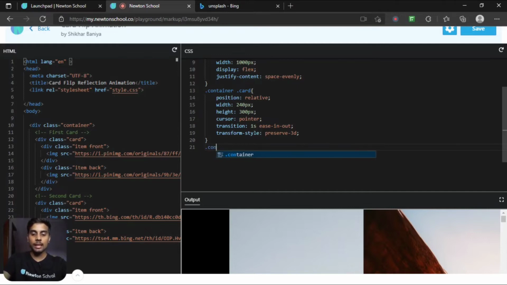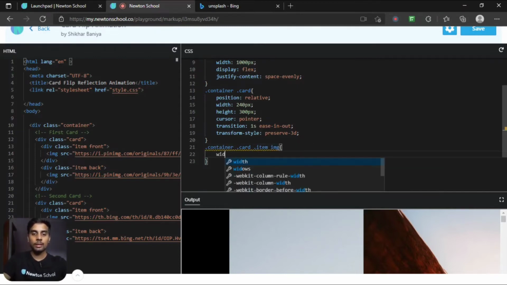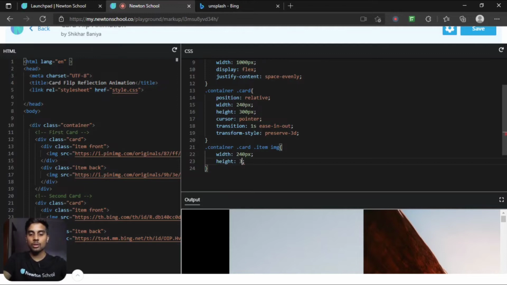Let's target the images. So it is present inside container, inside card, inside item, present image. Okay, so let's give it a width of 240 pixel, a height of 300 pixel.